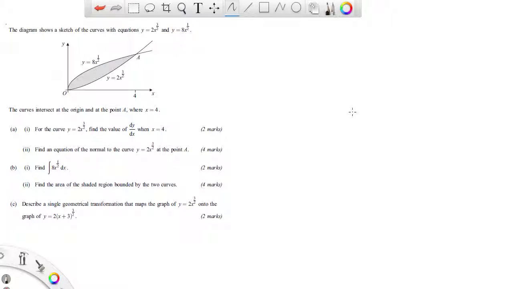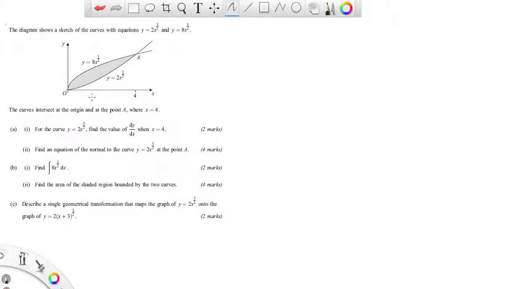Okay, here we have a nice question from the Core 2 paper. So we actually can use calculators. I actually don't have one next to me, so this could get interesting, but we'll do our best here. Okay, so we have a nice little graph, so it looks like we're going to be eventually finding the area